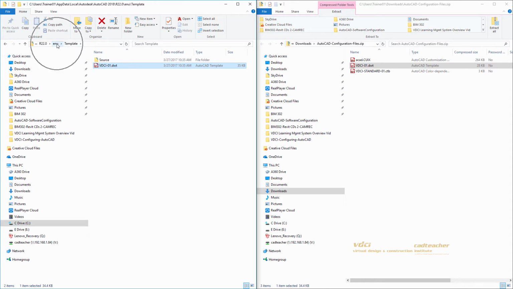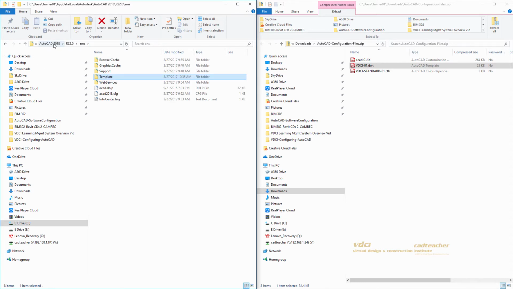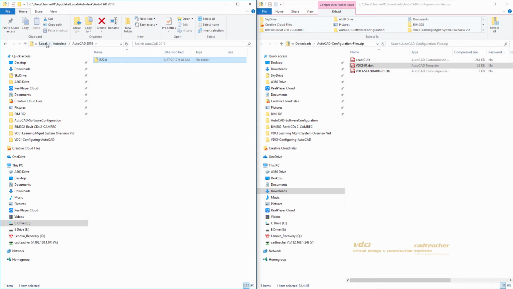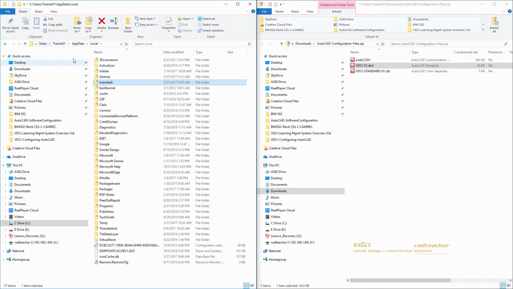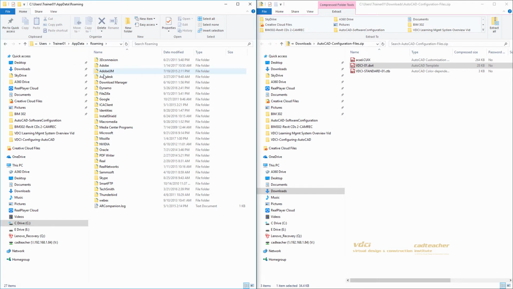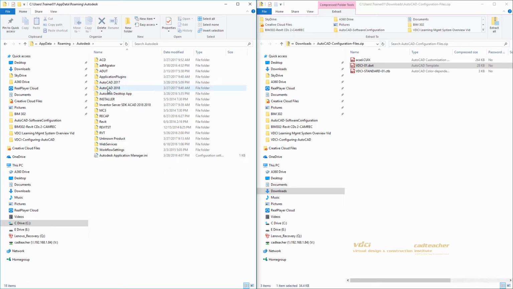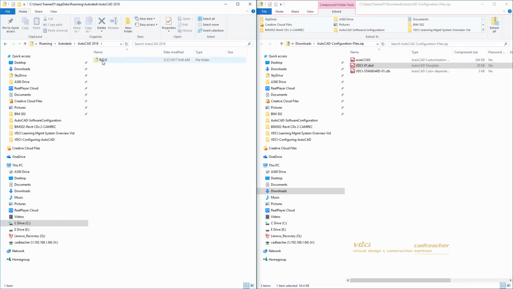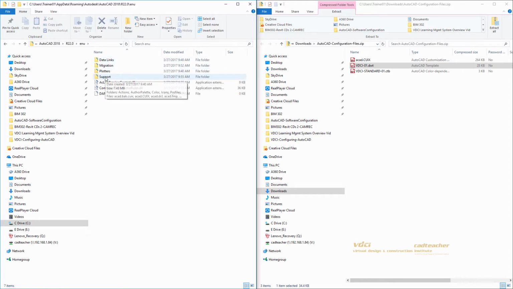I'm going to go back to the top, click on ENU, click on AutoCAD, go back to local, app data. I'm going to go down to roaming, double click, choose on Autodesk, AutoCAD 2018, Release 22, ENU. I have support,